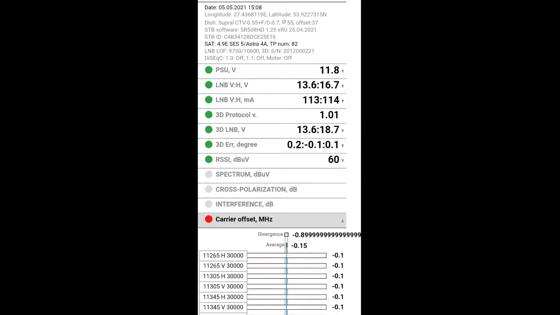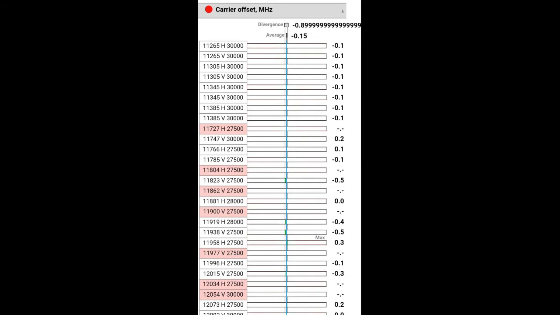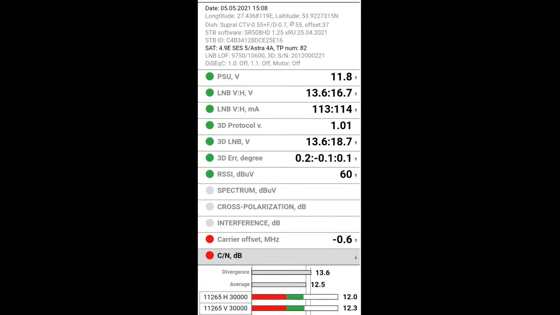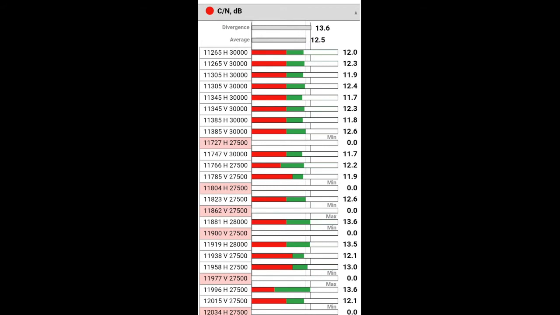Next, we will evaluate the LNB frequency stability, looking at the difference between the expected and actual frequencies of the transponder. If it is larger than 2 MHz, then this item will turn red. The carrier-to-noise ratio, also known as SNR or C/N, is a measure of the received carrier strength related to the strength